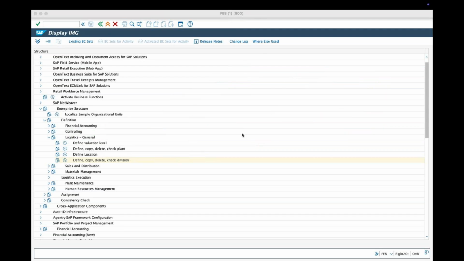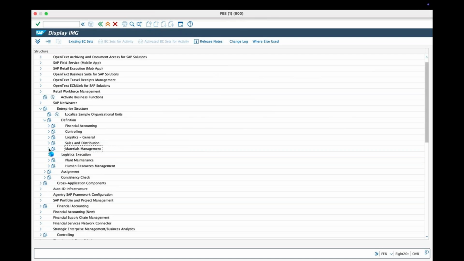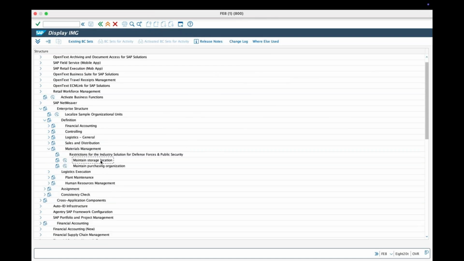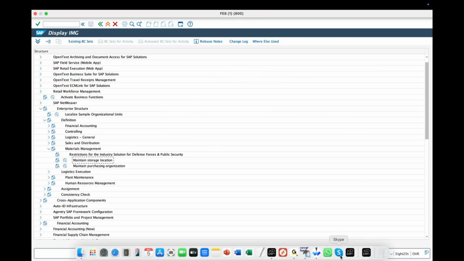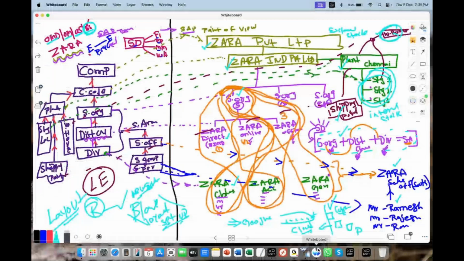All right, fine now. Moving forward, you all need to understand the flow of the purpose under materials management, why we need to make a storage location. The storage location is an immediate place where you maintain the stock within the plant.